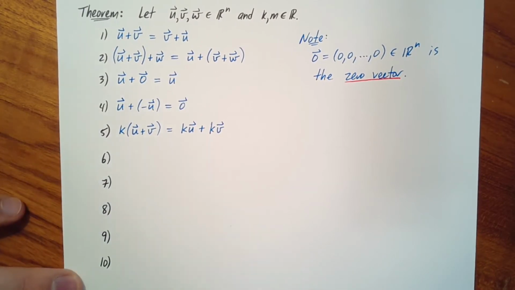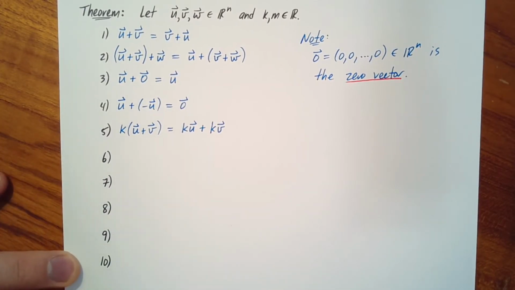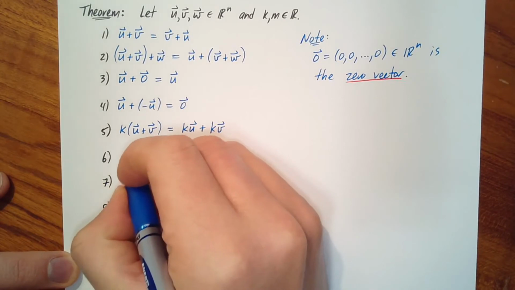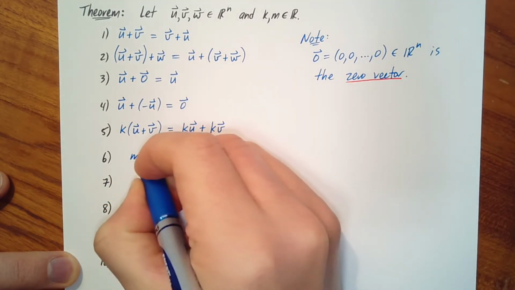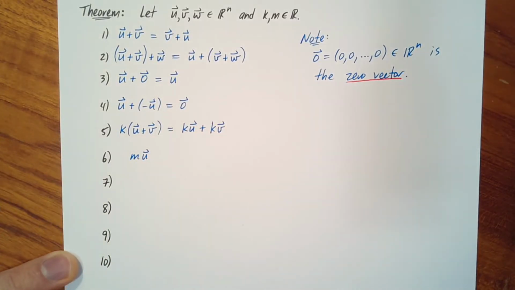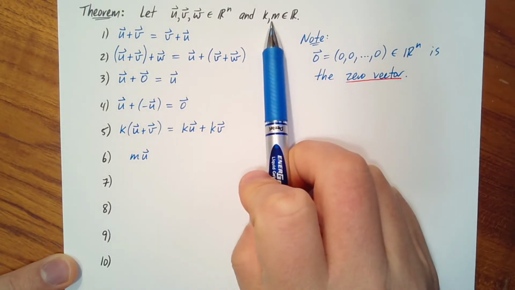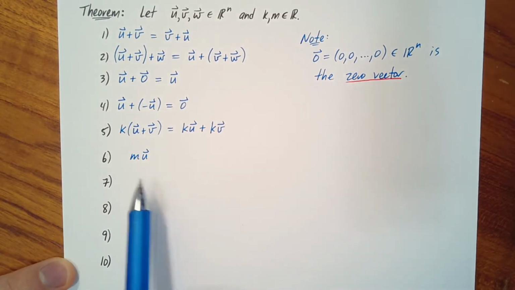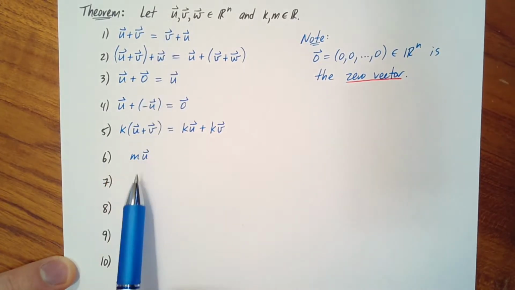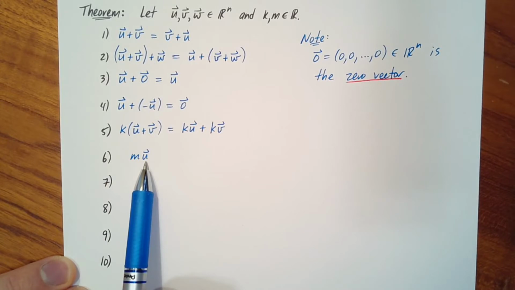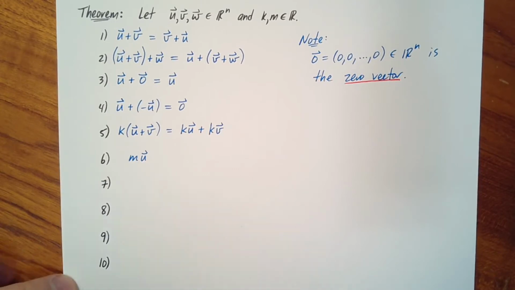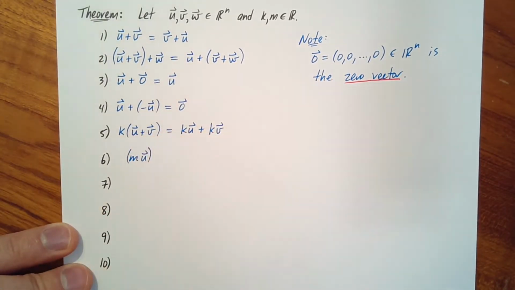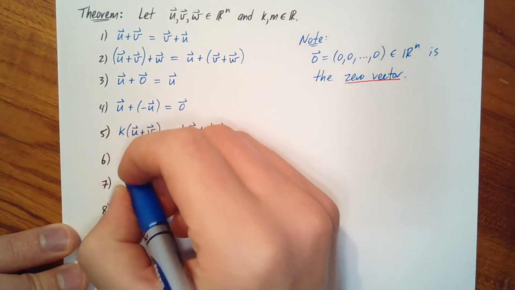Now for property 6, it tells us that if we take a scalar product of m times the vector u, so remember we've got two scalars to work with, k and m. So if I take this vector u, which is up here, and I multiply it by the scalar m, well, the result is going to be another vector. And the result is really just going to have each of the coordinates of u multiplied by m. Now if I multiply the entire result by the scalar k,